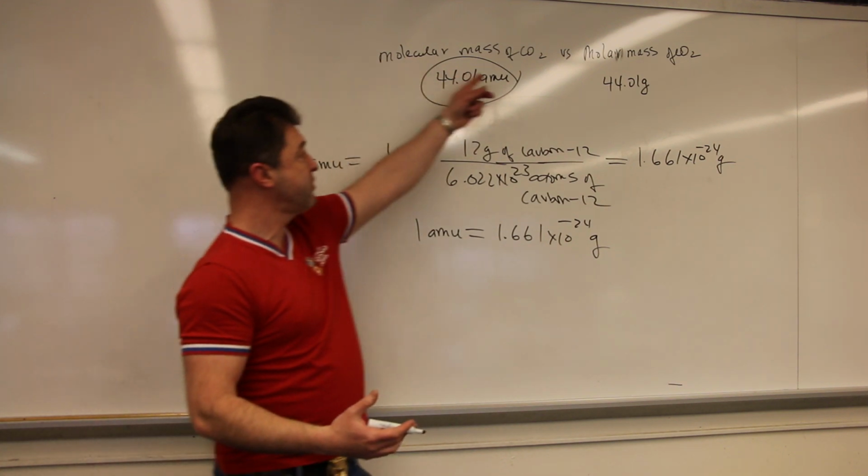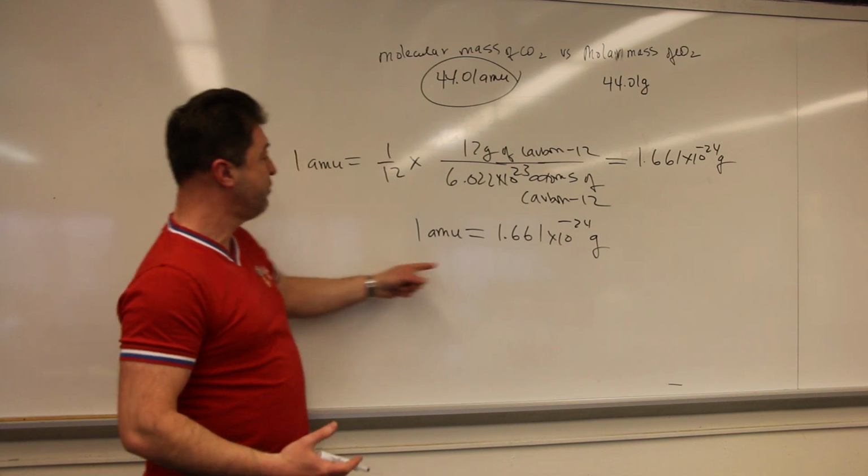And as you can see, it makes sense. For the molecular mass of CO2, 44.01 AMU, and if we do the conversions, you're going to realize